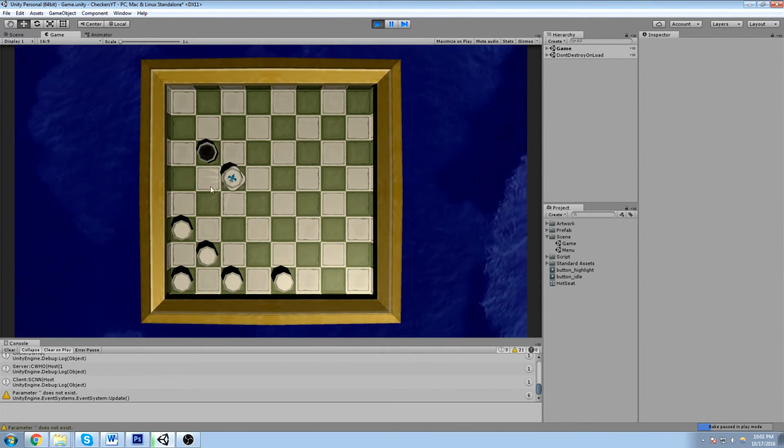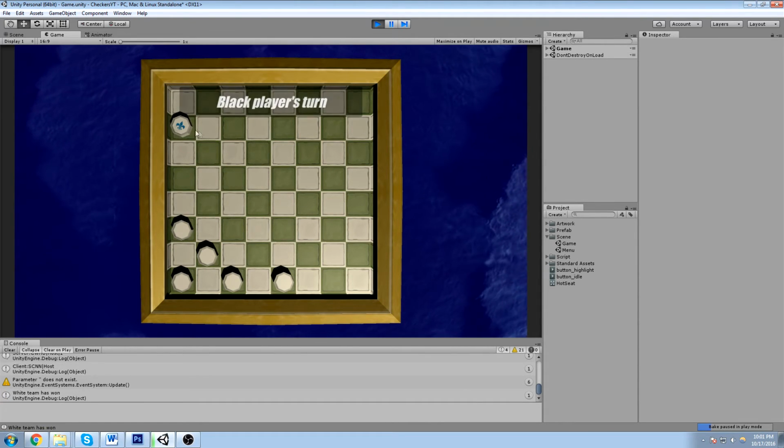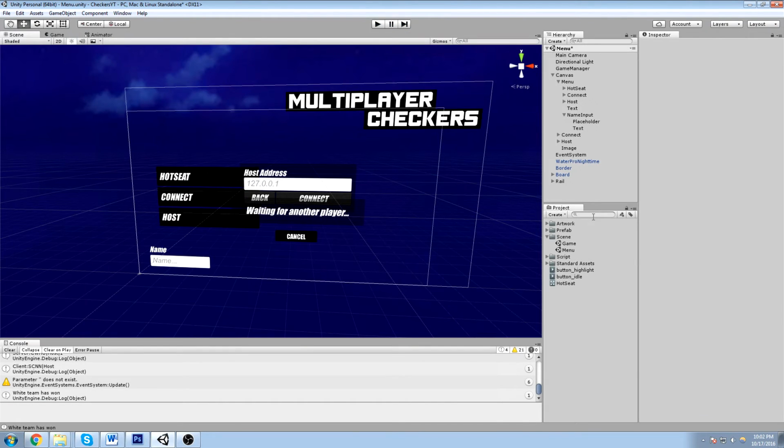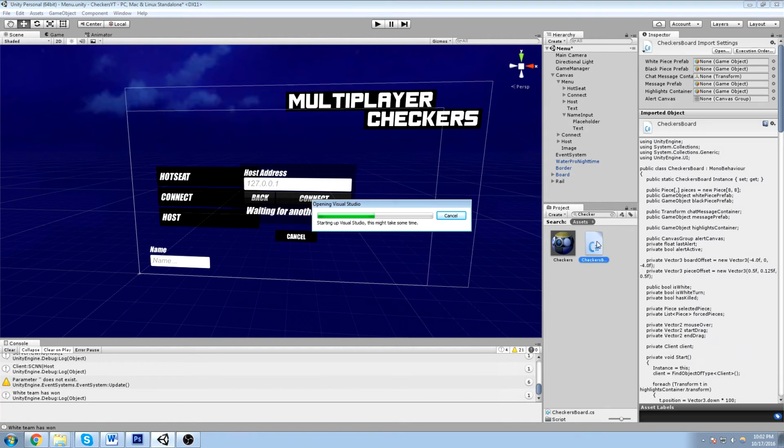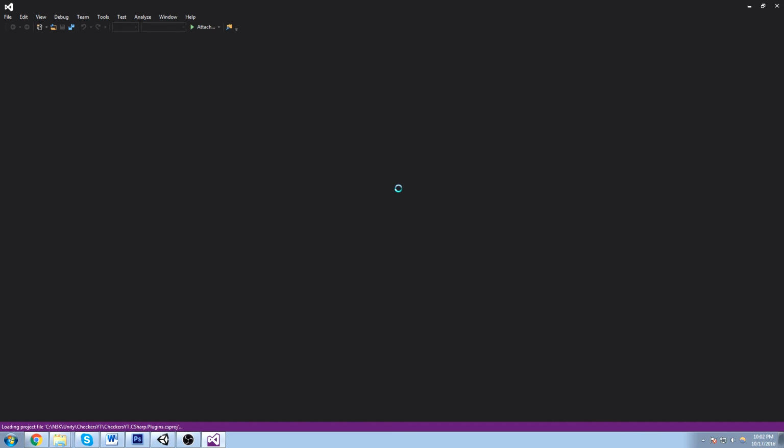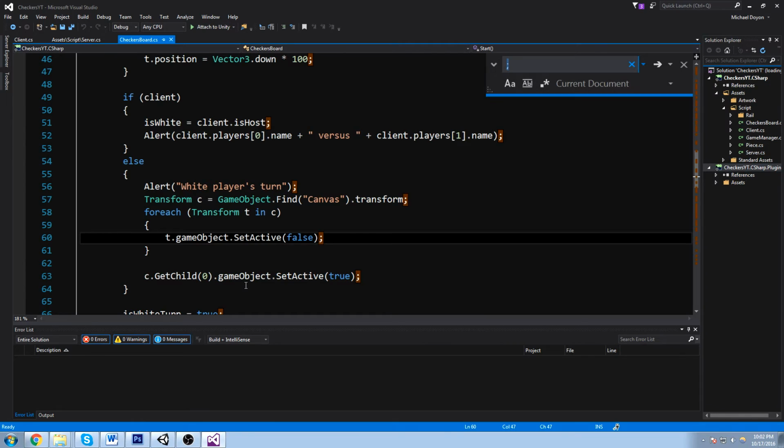Now the only real thing missing is a proper defeat message. So at the end here, when I'm winning, it says white team has won, but it's still the black player's turn. So what we're going to do is simply place a nice alert at the end. We're going to be doing this, I believe that's in the end turn function. So we head over to the checkerboard. It's not in the end turn, it's in the check victory. So inside of the check victory,